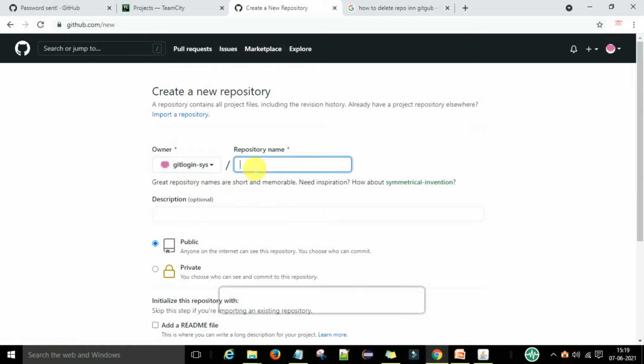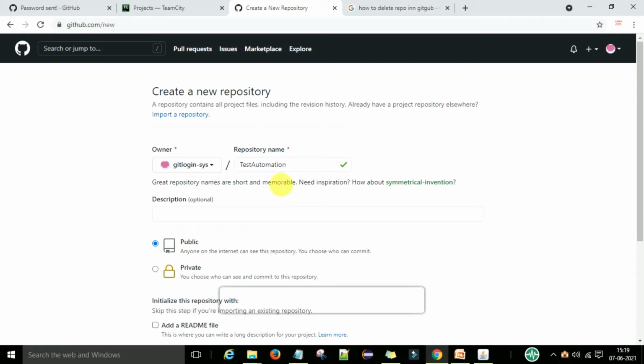I will provide the repository name like test automation. So test automation is the repository name,